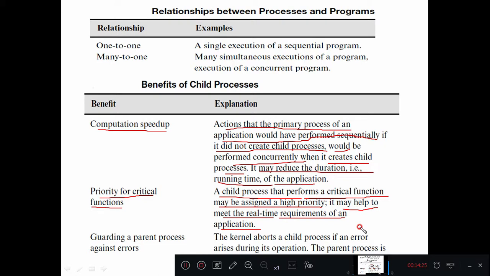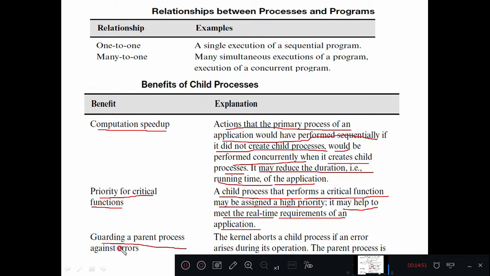Among those, we divide them into critical applications and non-critical applications. The critical applications need to be executed first before the non-critical applications are handled. So for that, the operating system can assign different priorities to these different child processes.